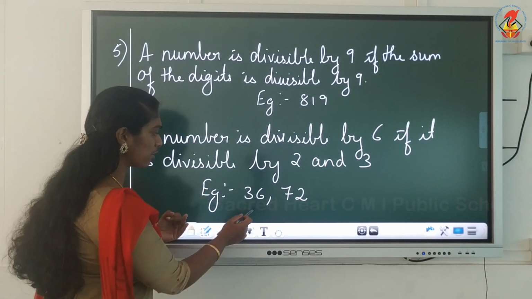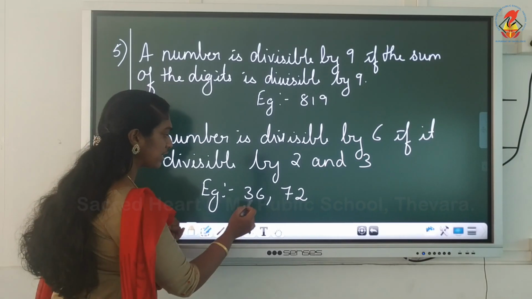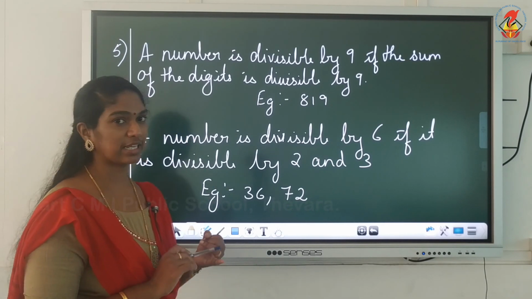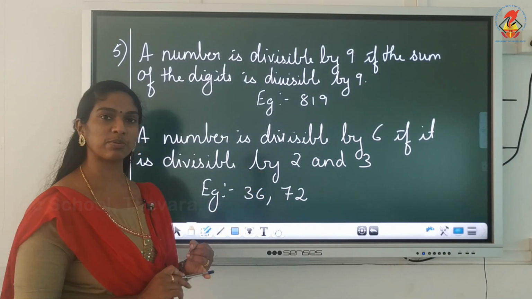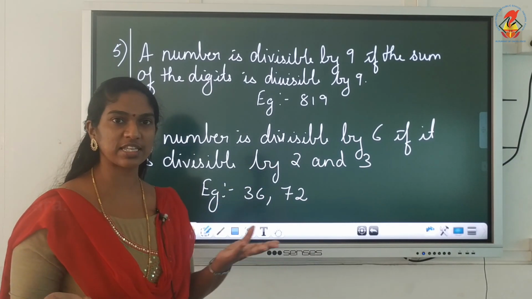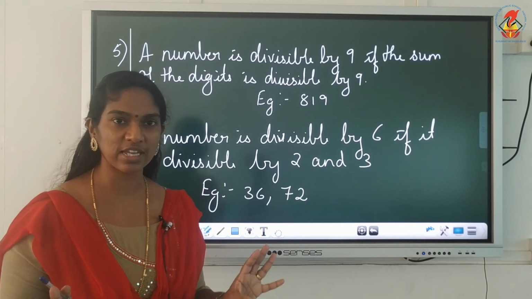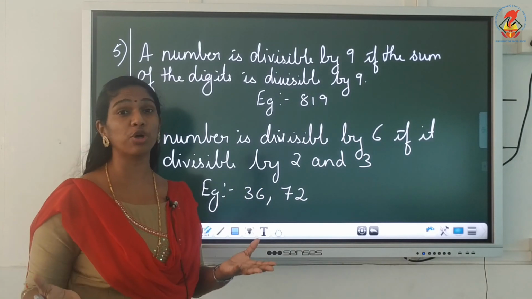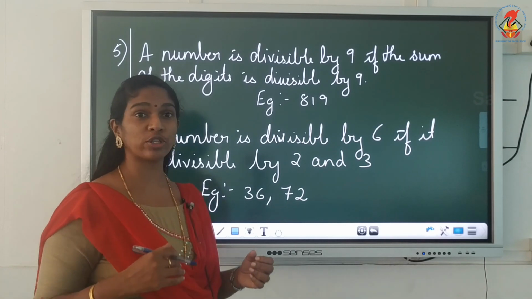So now you take this example. 36 is an even number, so it is divisible by 2. Then 3 plus 6, it is 9. 9 is coming in 3's table. Yes, so it is divisible by 3. Then I can say 36 is also divisible by 6. And we know 36 is coming in 6's table, isn't it? 6 6s are 36. So from that itself we know 36 is divisible by 6. So we follow these rules when you are having bigger numbers. Smaller numbers you already know the tables. But when you have bigger numbers, it's better you follow the rules.